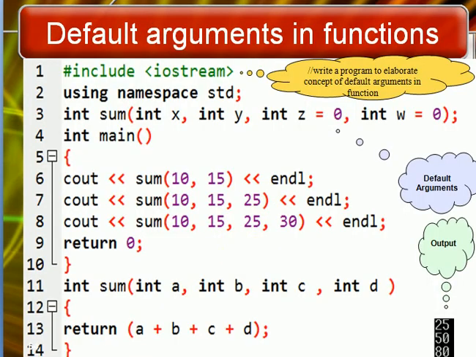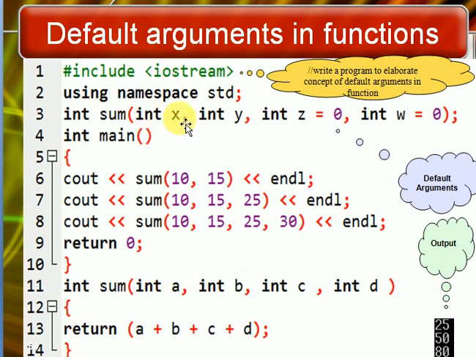Program highlighting the usage of default arguments in a function. The title of this program: write a program to elaborate the concept of default arguments in a function. Hash include iostream.h, using namespace std. Int sum with these 4 parameters. It's the function declaration. The important point to note here is